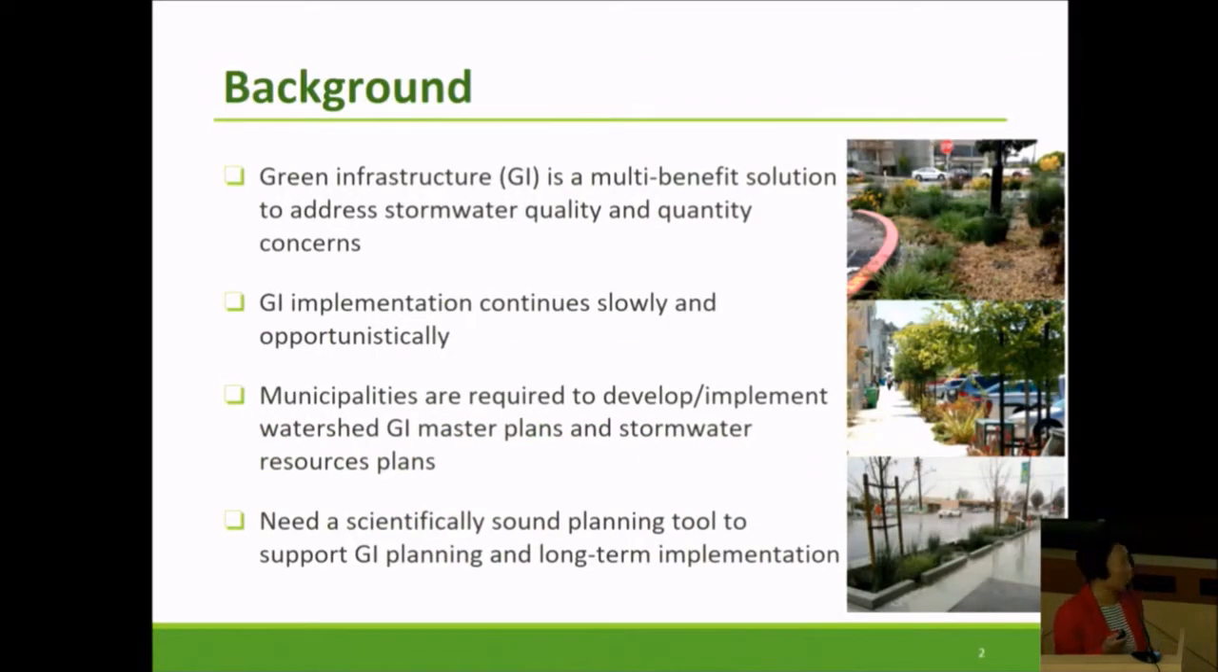So as we all know, green infrastructure has emerged as a multi-benefit solution to address stormwater quantity and quality issues. However, at least in the Bay Area, and I believe probably statewide and nationwide, the implementation of green infrastructure has continued very slowly and optimistically. I think one barrier in the technical area is that there's a lack of